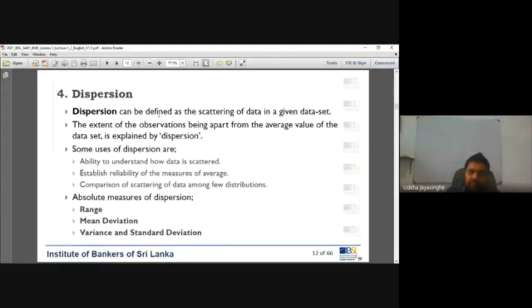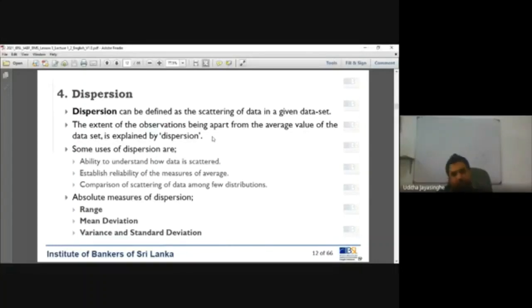In a complete sense, we can define it as the scattering of data of a given data set. The extent of the observations being apart from the average value of a data set is explained by the word dispersion. Why do we need to understand it? Because for the next or randomly selected number in our data set, we don't necessarily know how bad or how close it is going to be. We can't be satisfied with mean, median, and mode and say, okay, we are done. We still need some more